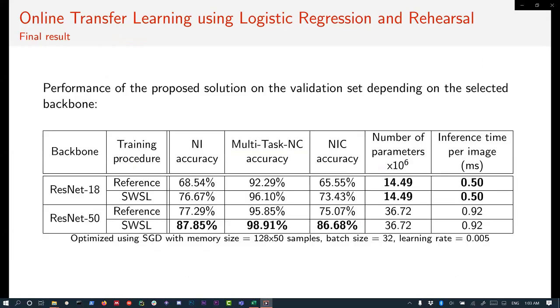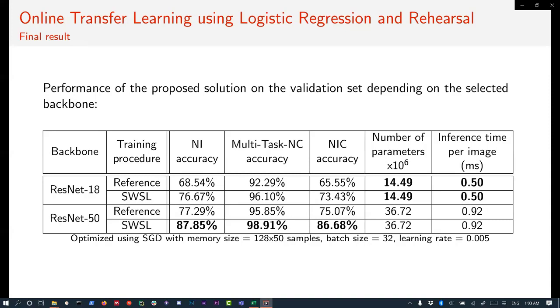This table contains the performance of the proposed solution depending on the backbone used. We can see that the semi-weakly supervised learning procedure outperforms the reference training procedure by a large margin without any increase of the memory complexity or the computational complexity.